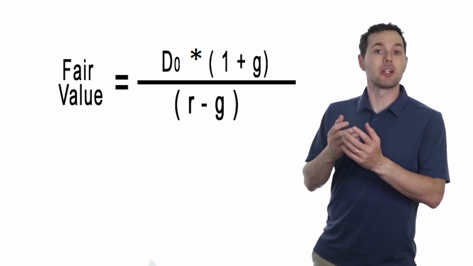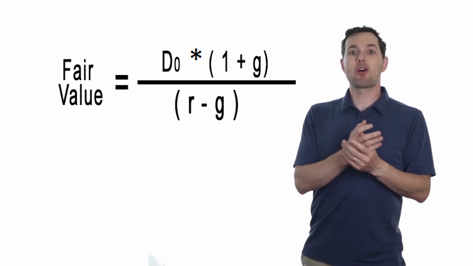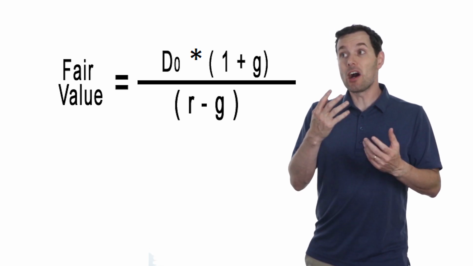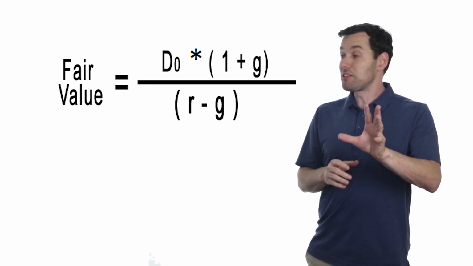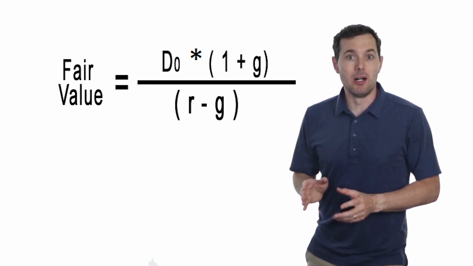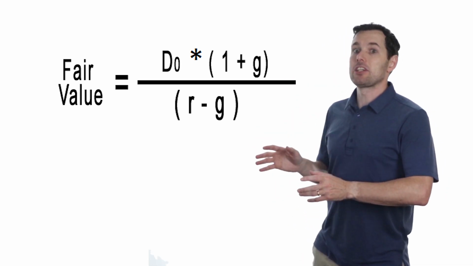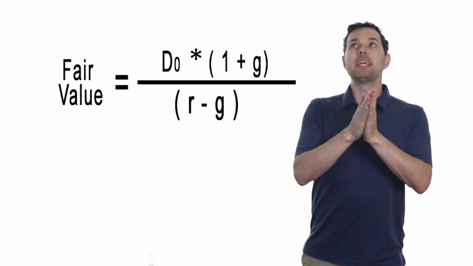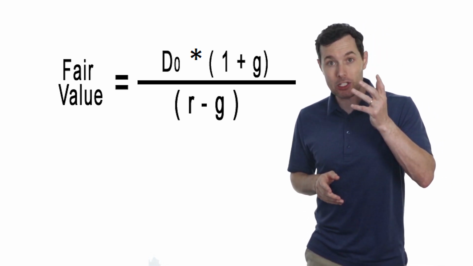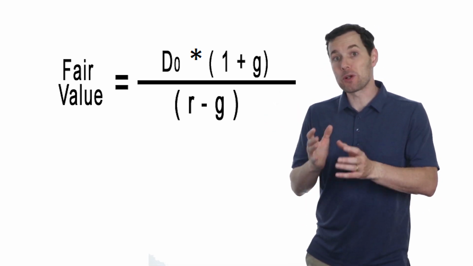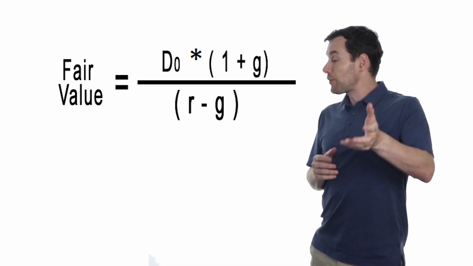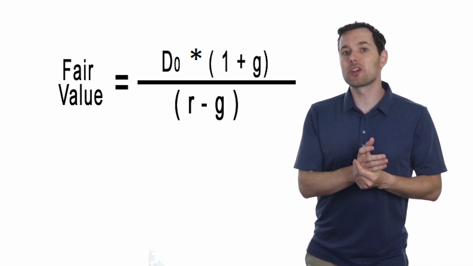So now we're going to use a real company, 2 of them actually, so we can try to illustrate 2 different versions of the DDM formula to try to come up with the fair value of a stock. By the way, this formula is excellent for trying to value a dividend ETF. If you've ever been curious how to value an ETF, this works very well for dividend ETFs. If you're curious, this is also called the Gordon Growth Model.